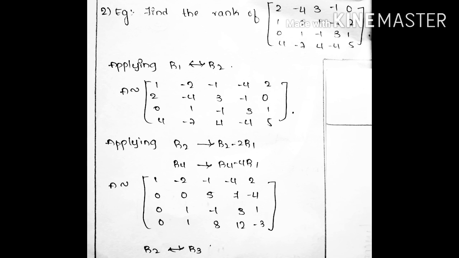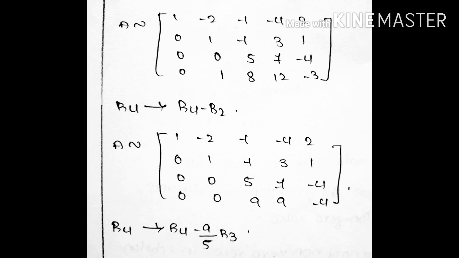So here I am interchanging the rows. Which rows am I going to interchange? R2 and R3. So now after interchanging R2, R3, we get the matrix. In the second row I have 1 zero, third row I have 2 zeros and fourth row I have 1 zero. So I have to make this more than 2 zeros. So here what I am taking, R4 tends to R4 minus R2.